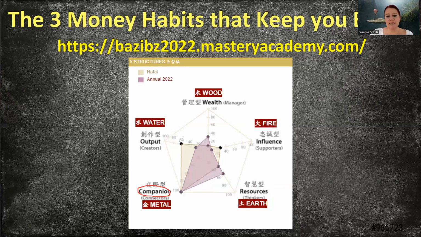So let's have a look at the companion structure first. As you can see here, this person has a companion at 100%. It's very high. You've got 2 extremes, 0% or 100%, so this is obviously at an extreme end. So if your companion element is at 80% or above, then the reason why